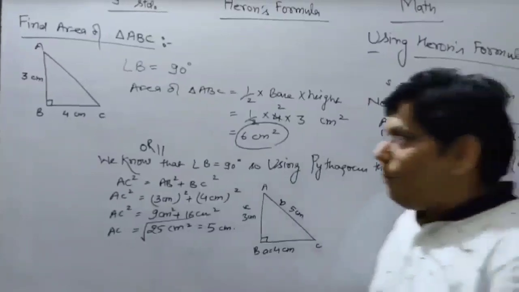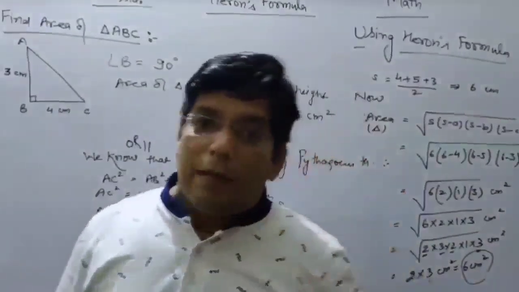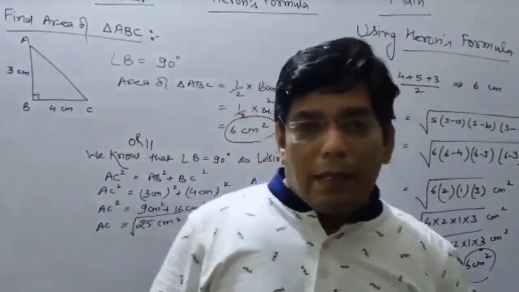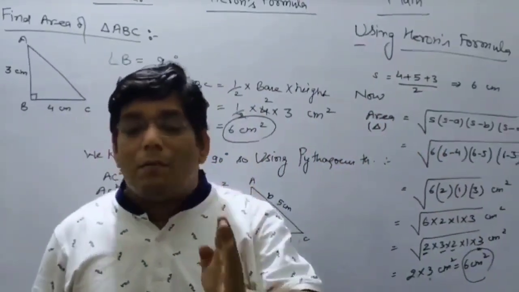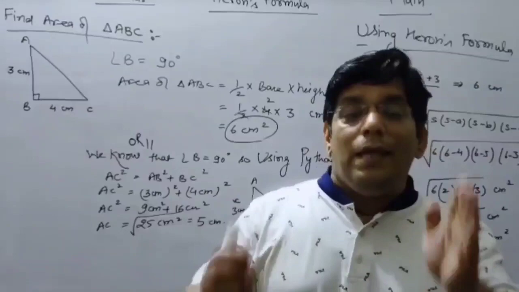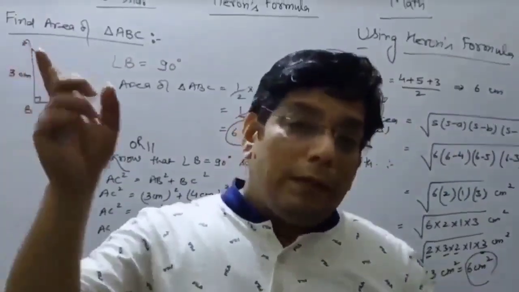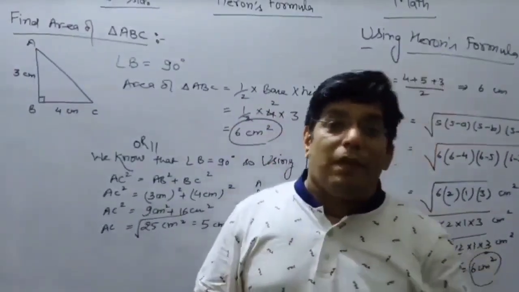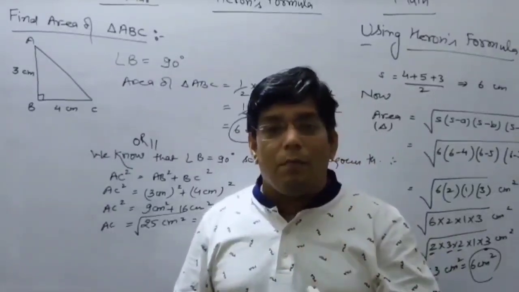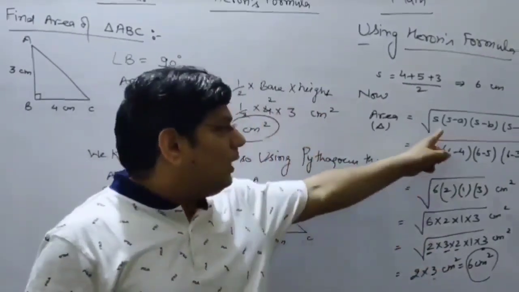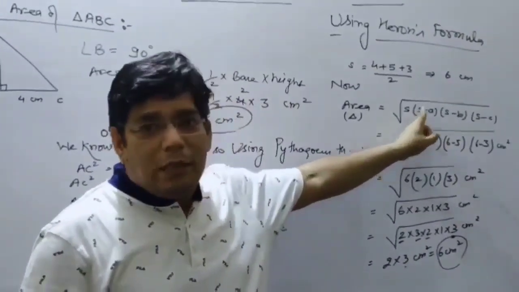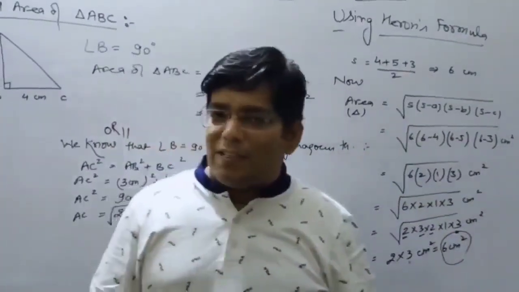Mean of that, आपको हीरोन्स फॉर्मूले का यूज तब करना है जब आपके पास ट्राइंगल की तीनों साइड्स गिवन हो. फर्स्ट ऑफ ऑल सबसे पहले आपको उसमें सेमी पेरीमीटर निकालना है. सेमी पेरीमीटर का मतलब होता है ट्राइंगल की तीनों साइड्स का सम डिवाइड बाय 2 और हाफ ऑफ सम ऑफ 3 साइड्स. After that you should go for the formula that is known as the square root of S into S minus A, S minus B, and S minus C.